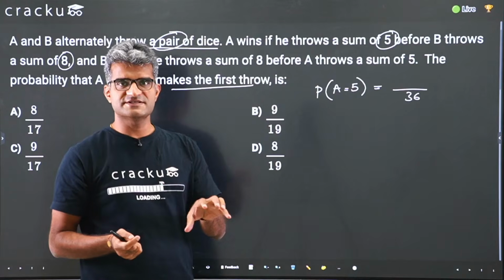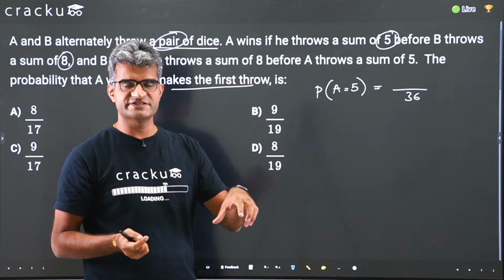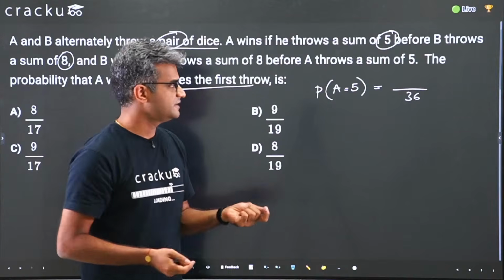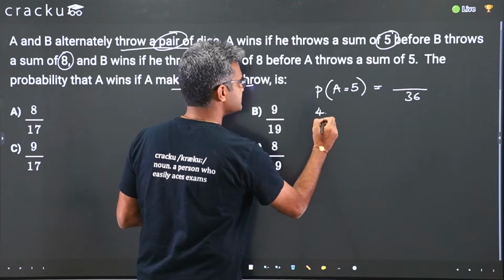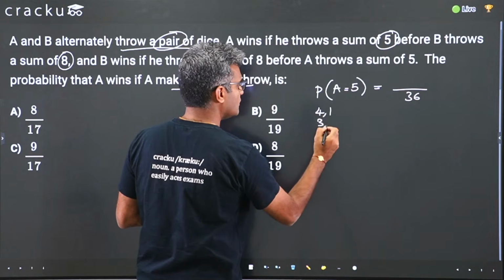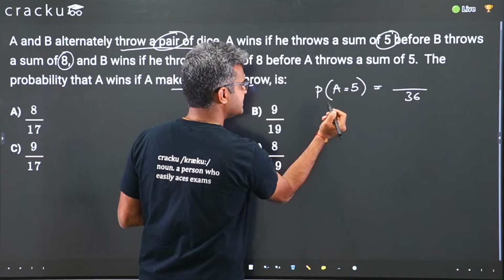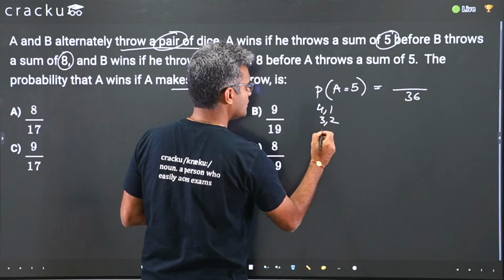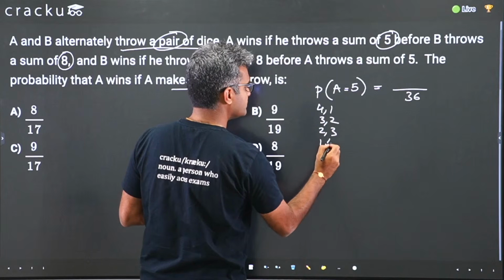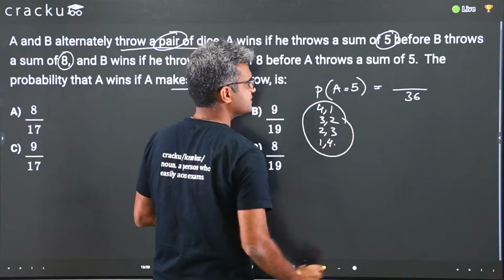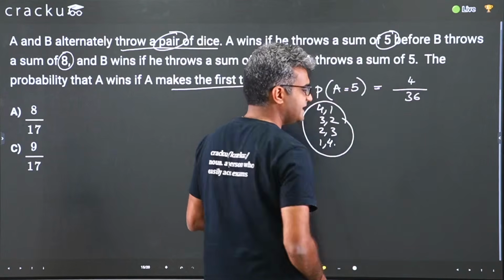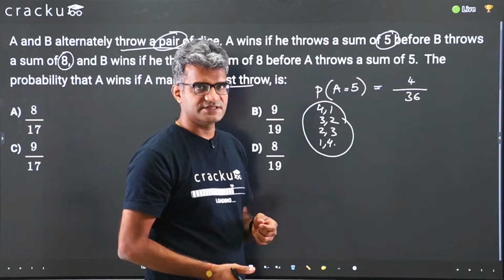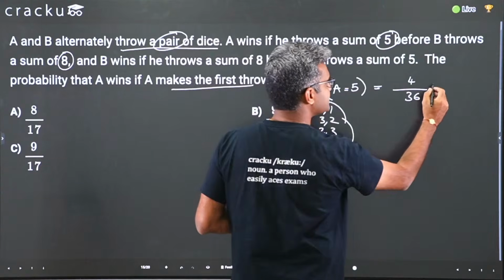Now, in how many cases is the sum of the numbers on both of these dice equal to exactly 5? You will notice that there are 4 cases: 4-1 or 3-2 or 2-3 or 1-4. These are the 4 cases possible. So the probability that when A throws a pair of 2 dice, the sum is 5 is 4 by 36, which is